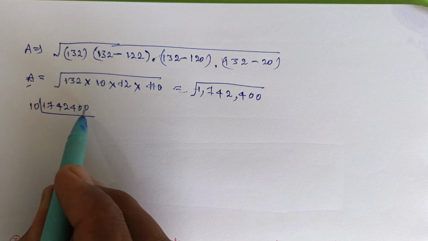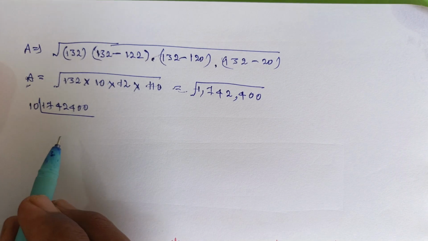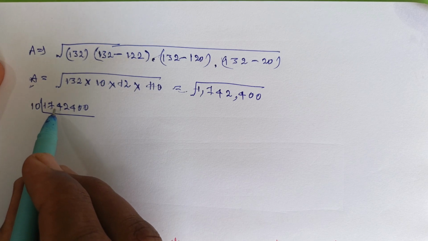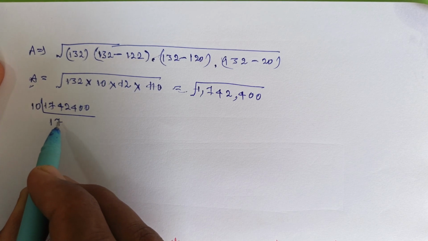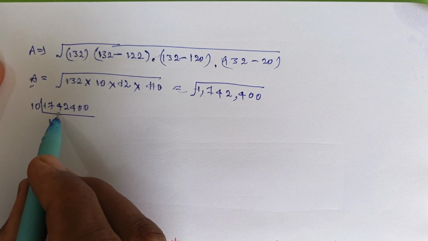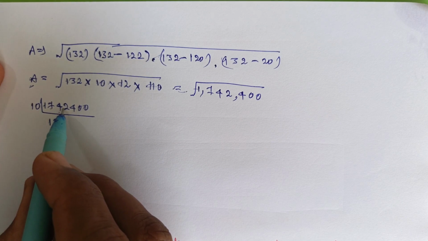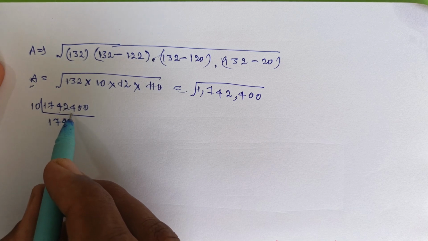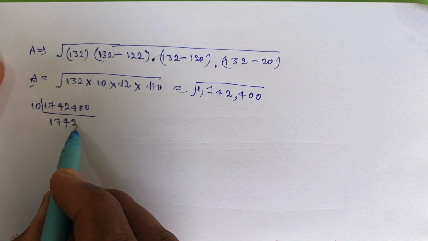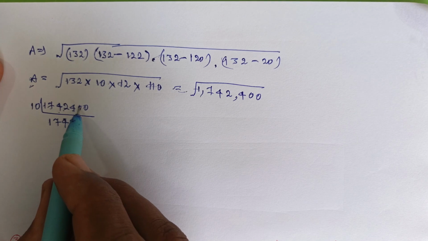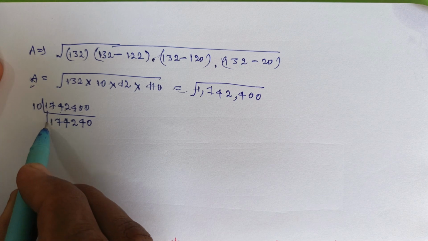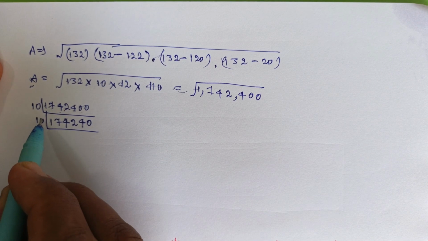So I am dividing by 10 because here in the ones place 0 is there. So 10 1 ja 10, remainder is 7, that comes before 4, so it becomes 74. So 10 7 ja 70, 74 minus 70 is, the difference is 4, that 4 comes before 2, so it becomes 42. 10 4 ja 42, so remainder 2 comes before 4, so it becomes 24. So 10 2 ja 20, so remainder is 4, so it becomes 40. So 10 4 ja 40, again 10 into 0 0. So in the same way, if you solve, we will get one more time